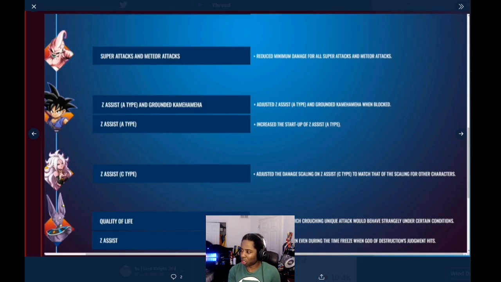Then the Android 21 change was one that I didn't even know was a thing. That they changed the damage on her C assist to match the other C assist. I didn't know it was different. I didn't know if it was more or less. So surprise, haha. And then Bills